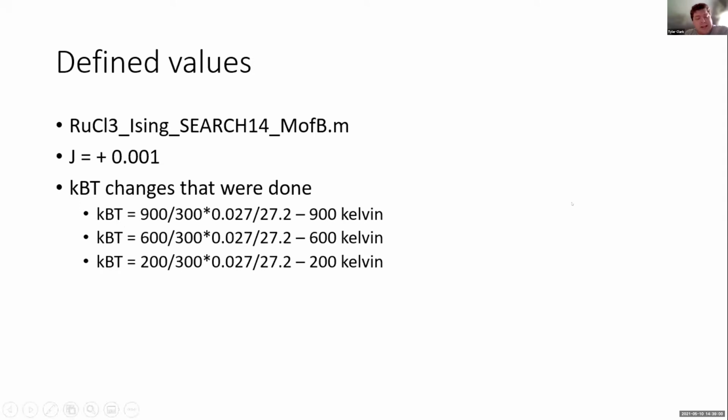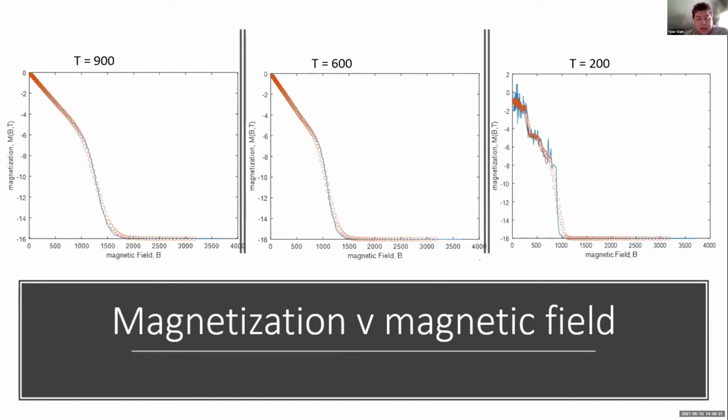In the project, this is the code I used pretty much. I held J at 0.001, and the values of K I had were at 900, 600, and 200 Kelvin. When I used this for 900, 600, and 200,